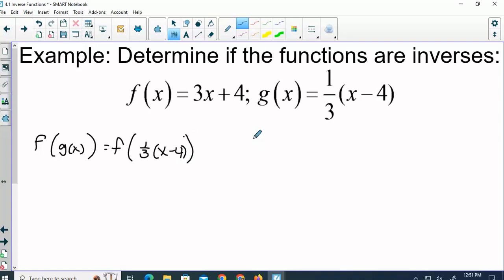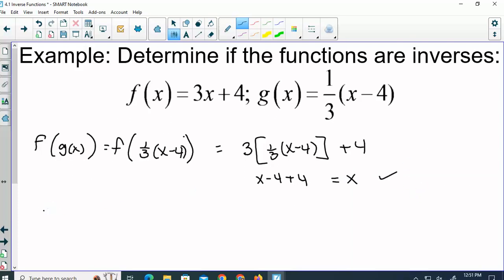Composed with g, you have to take g and put that into f. Three times 1/3 is just 1, so you get x minus 4 plus 4, which is x. So that one looks good, but we can't stop because it is possible for one to work and not the other. So g of 3x plus 4,